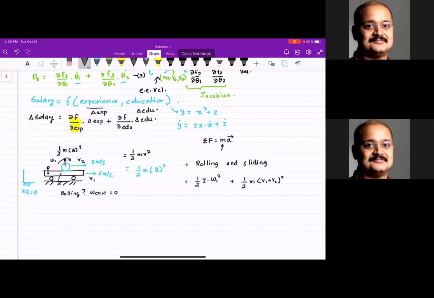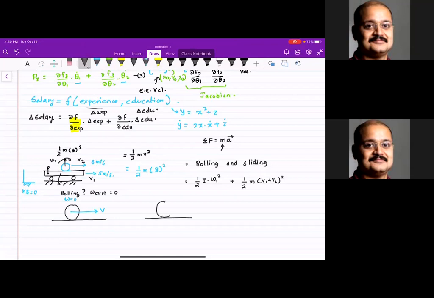Won't the ball have linear velocity even if it's rolling? Even if it's not sliding? No, wait. The ball has linear velocity if it is rolling. So rolling is a very complicated dynamical phenomenon. Very interesting, so please try to understand. There are three ways this ball can go forward. The ball can slide with omega equal to 0. The ball can slide, so it has just pure velocity. The ball can slide and roll.